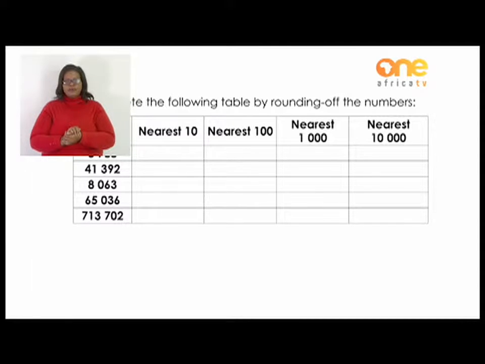The nearest 1,000 and the nearest 10,000 is the same. And if you look at the first number, which